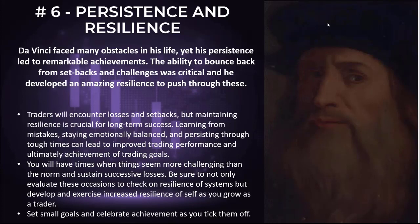success. You're going to have times when you make mistakes. There are going to be times when you're feeling emotionally challenged, your confidence is possibly low, you've had a succession of losing trades. But the ability to say, right, it's okay, I managed that tough time. Our markets were difficult to trade. I managed to retain my capital, took a small loss. I did have a few losses on the spin, but I managed to come through that. And now when it's in a position where I can just dump my foot on that accelerator pedal, I'm in